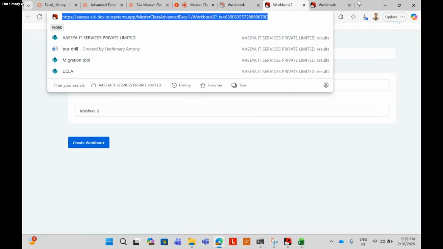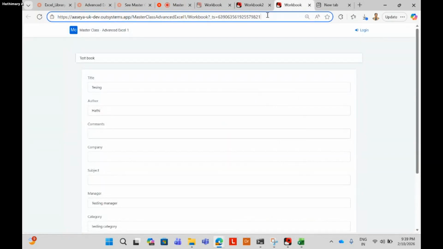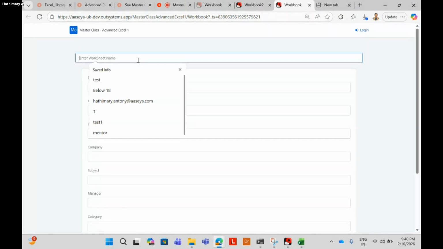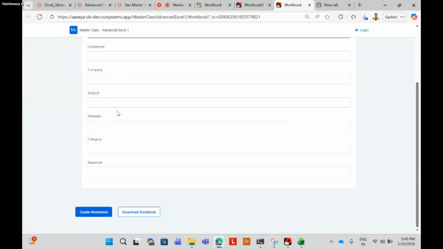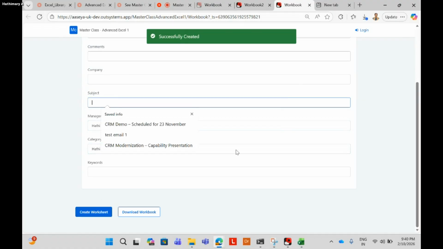So let me reload the screen. Book name one, maybe. Title is Aarti test two. Everywhere I'm going to keep the same, Aarti test two. Category. Manager. Category. Worksheet. And download.